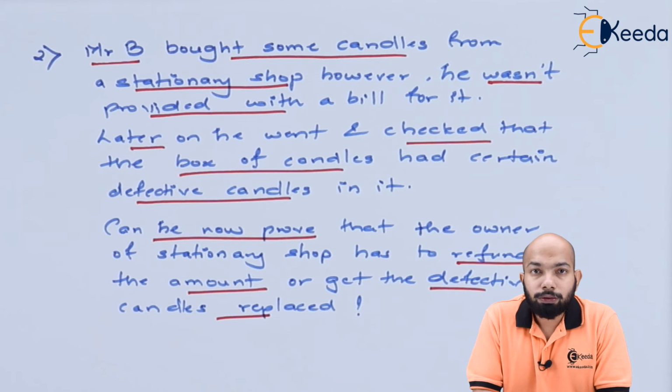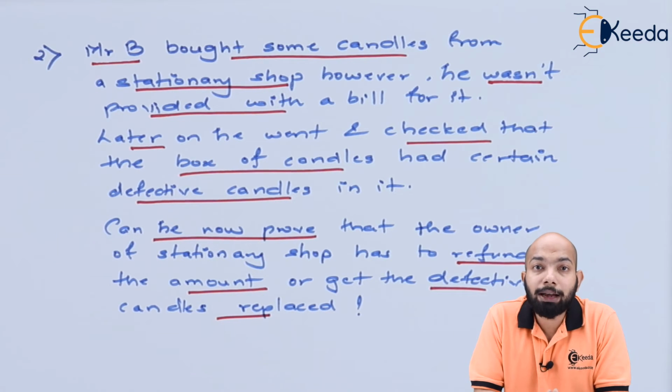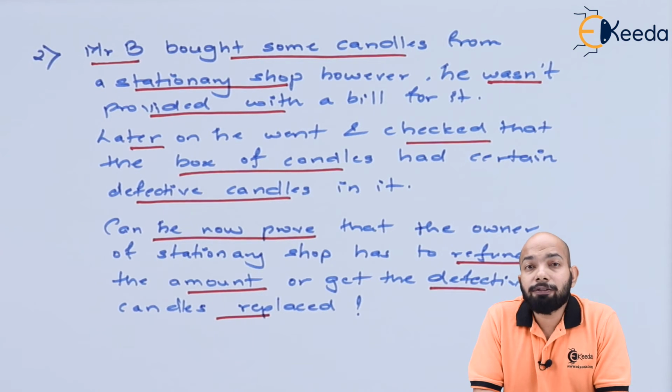Correct, there is no proof. The reason being, when Mr. B purchased those candles from the stationery shop, he should have asked for the bill. He didn't, and hence there was no specific evidence that this transaction ever took place between the shopkeeper, the owner of the shop, and Mr. B. Had there been any kind of invoice or a sales copy or probably a specific bill,